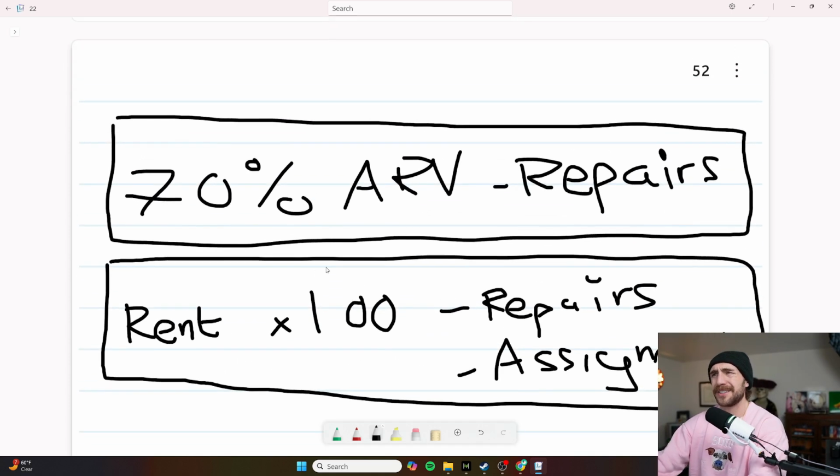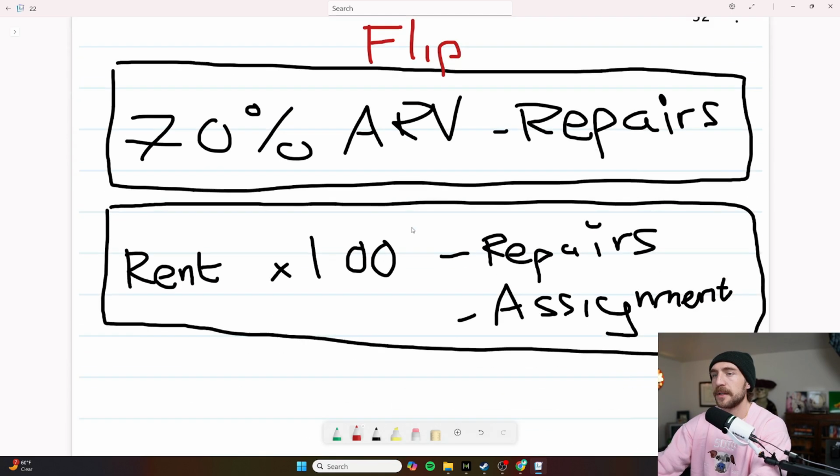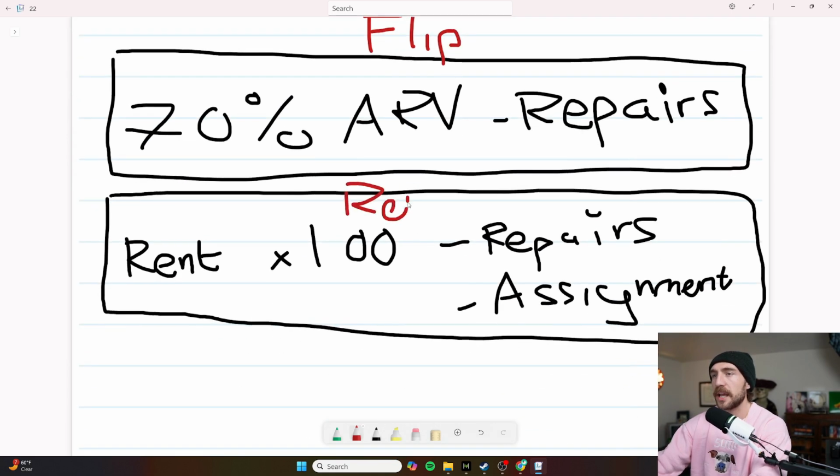Now here is your formula. Now, Max, why are there two formulas? What's going on? This is when you're underwriting a fix and flip. This is when you're underwriting a long-term rental, LTR. Not talking Airbnbs, not talking pad splits, LTR. Got it? Now, let me show you some examples so now we can apply this rule.